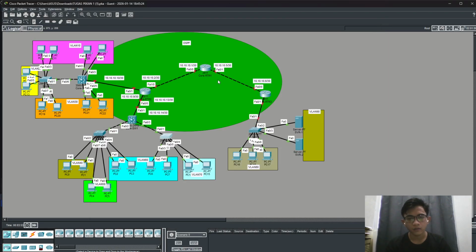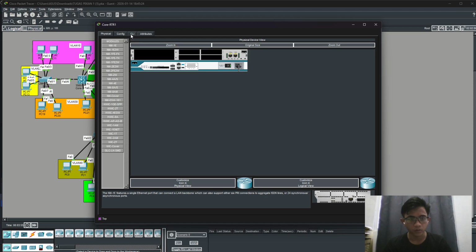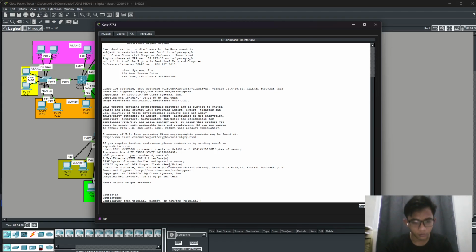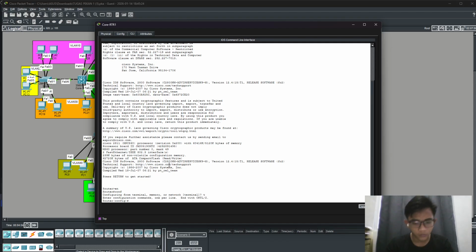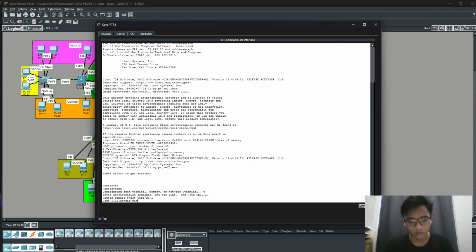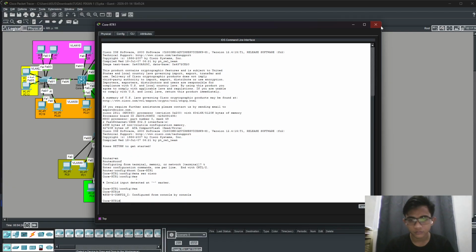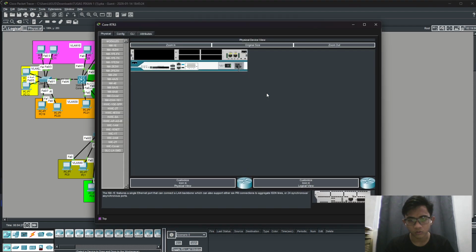Now router 1 here. Enable, configuration terminal. Hostname is CORE-RTR1, and enable secret is Cisco. Exit. Next, router 3.